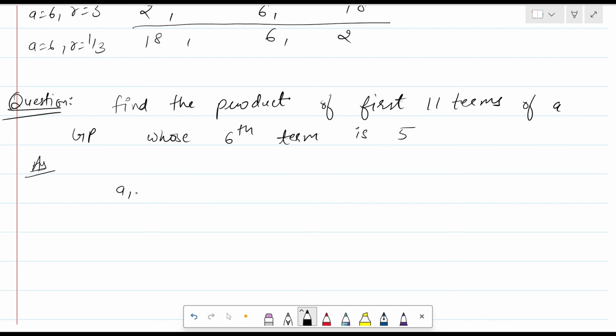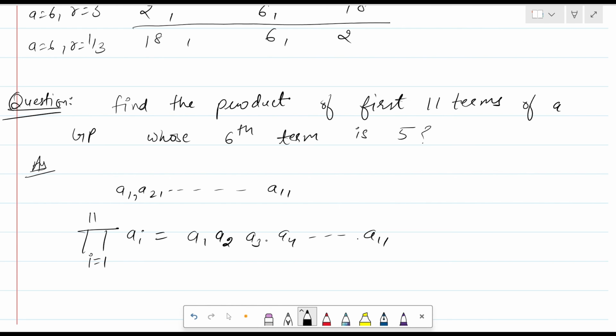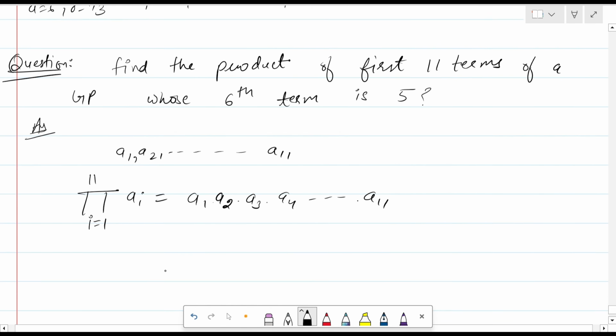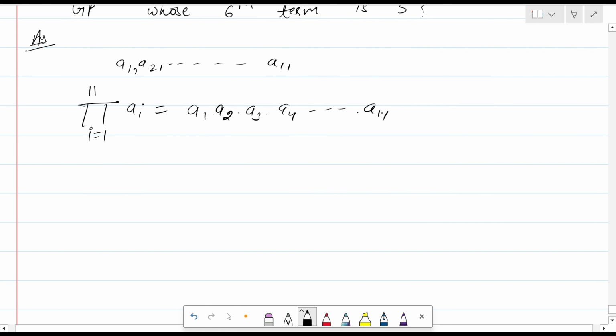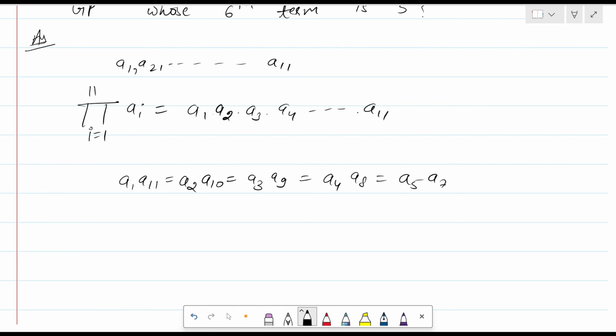Clearly we are given a GP A1, A2 and so on up to A11, and what we have to find is the product of Ai for i equals 1 to 11, that is A1, A2, A3, A4 and so on up to A11. Clearly, if A1, A2 and so on up to A11 are in GP, then A1 A11 equals A2 A10 equals A3 A9 equals A4 A8 equals A5 A7 equals A6 whole square. As we are given that the sixth term is 5,